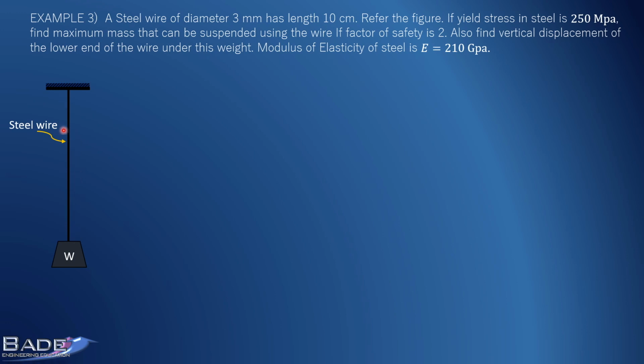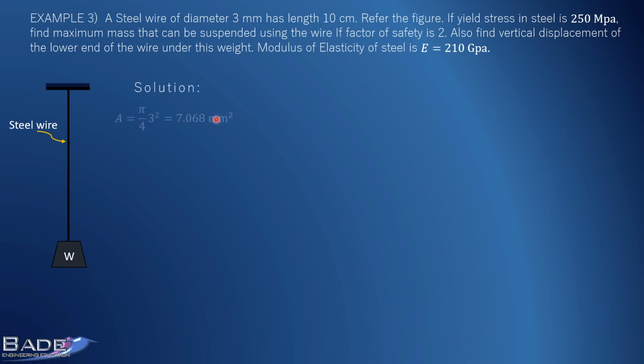So allowable stress, also called permissible stress or working stress, is yield stress divided by factor of safety. So here factor of safety comes into the picture. You cannot allow that load which creates stress 250 megapascal, because at 250 megapascal plastic deformation starts, yielding of the object starts. Okay, so let's proceed.